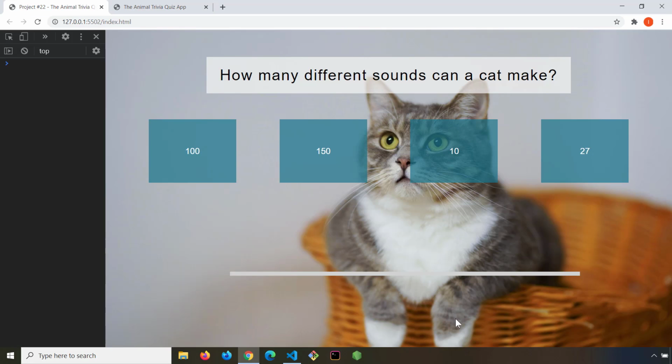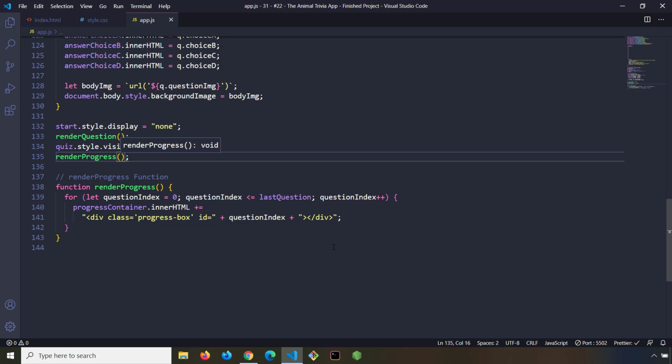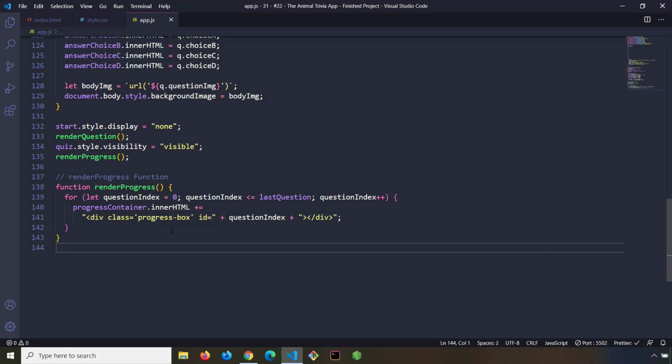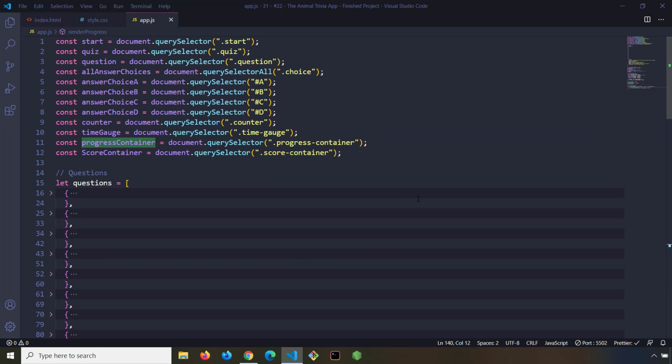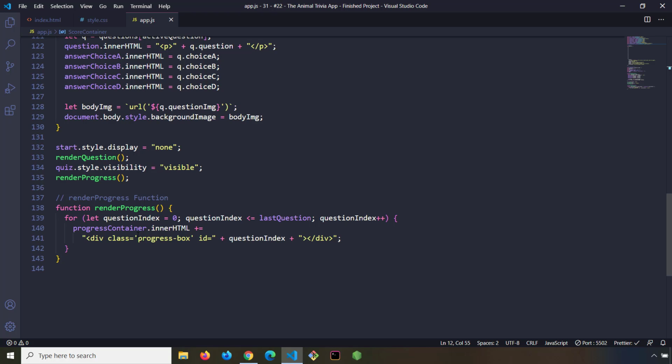We don't see that. And let's take a look at what could be wrong here. So we have our progress container. What is the progress container? The progress container should be our progress container that we have here, right? And if I come down here, we have said progress box. The ID is going to come from here. Render progress for question index, last question, we have done everything correctly. All right, and